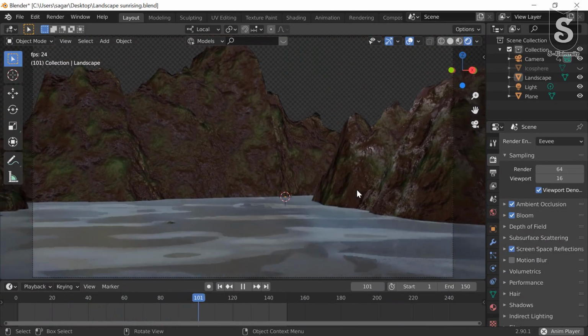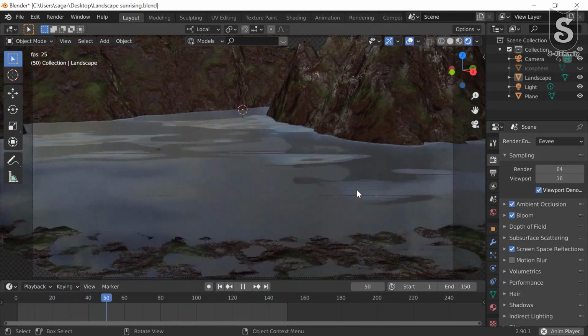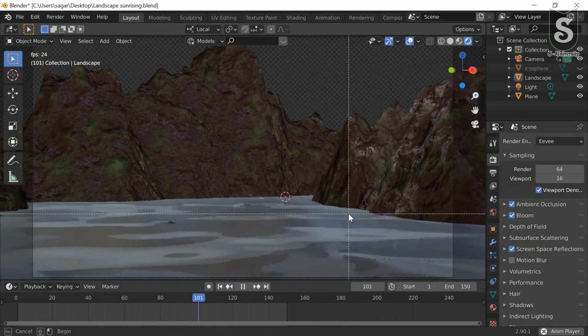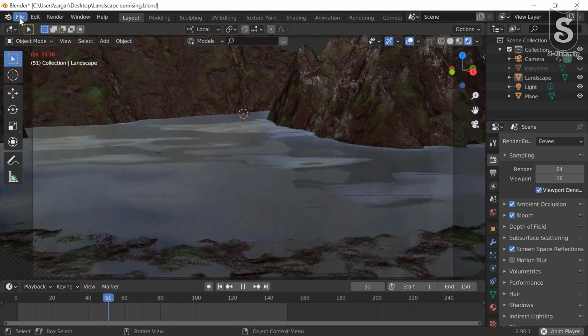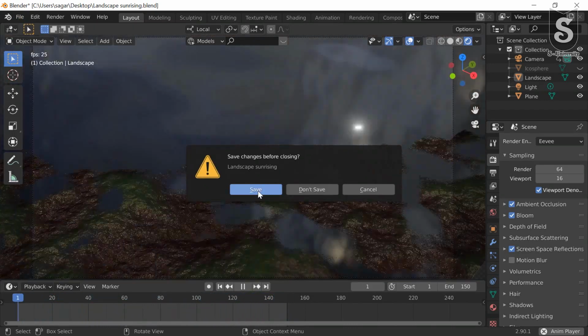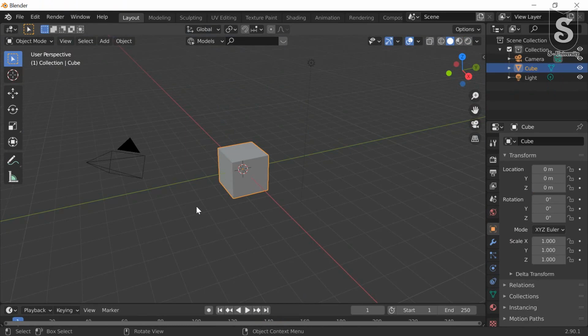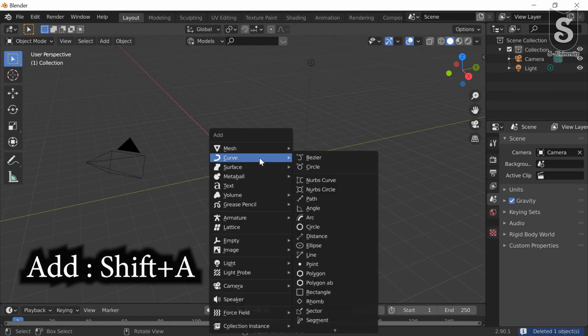Today we are going to create this type of landscape. Take new file, general, delete the cube, press Shift A to insert plane,